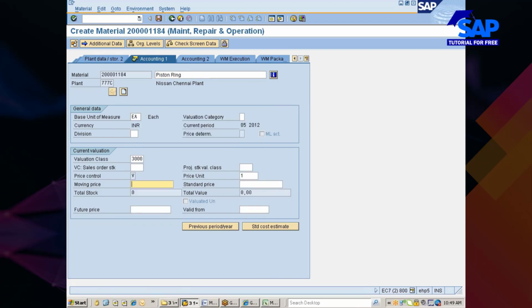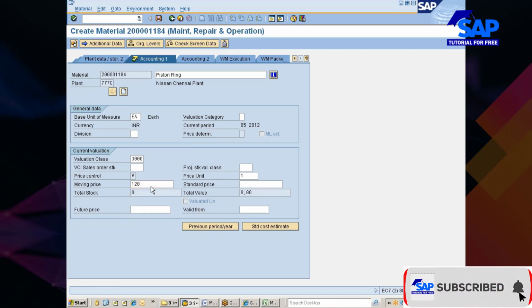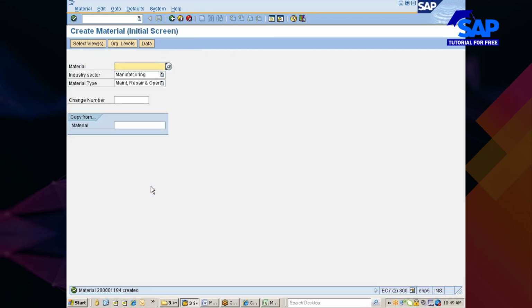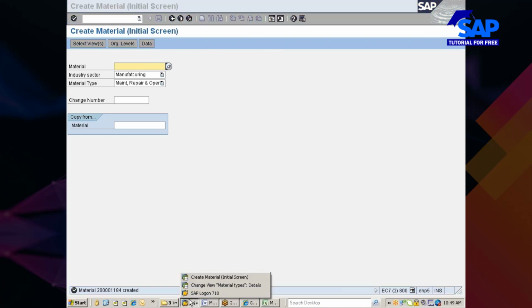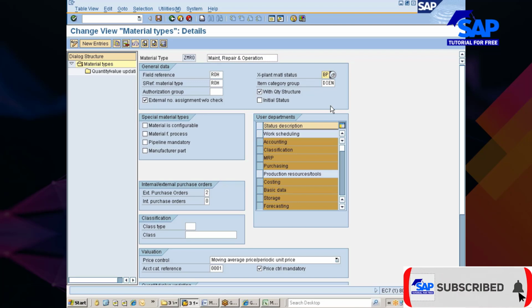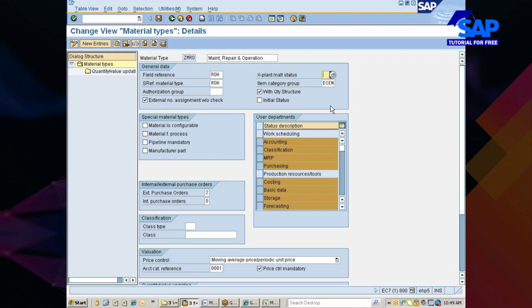Price control. Let's say 120 rupees. So this is very important. Sorry, let me remove these two things.